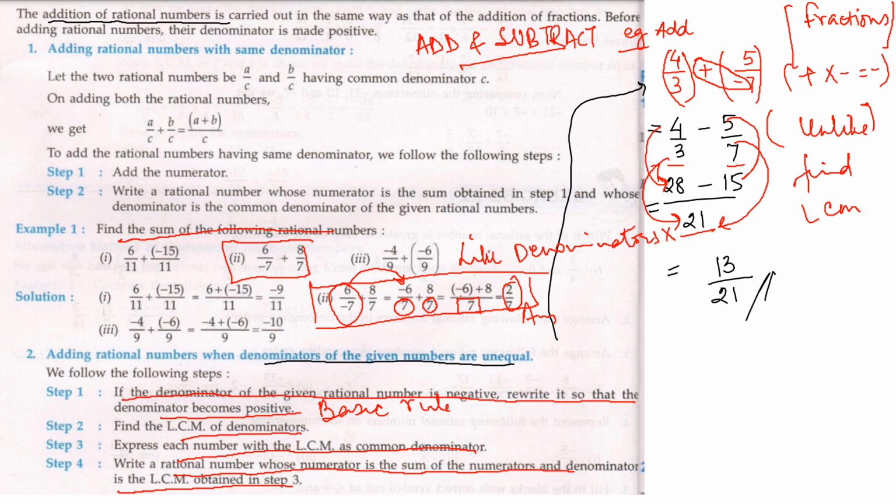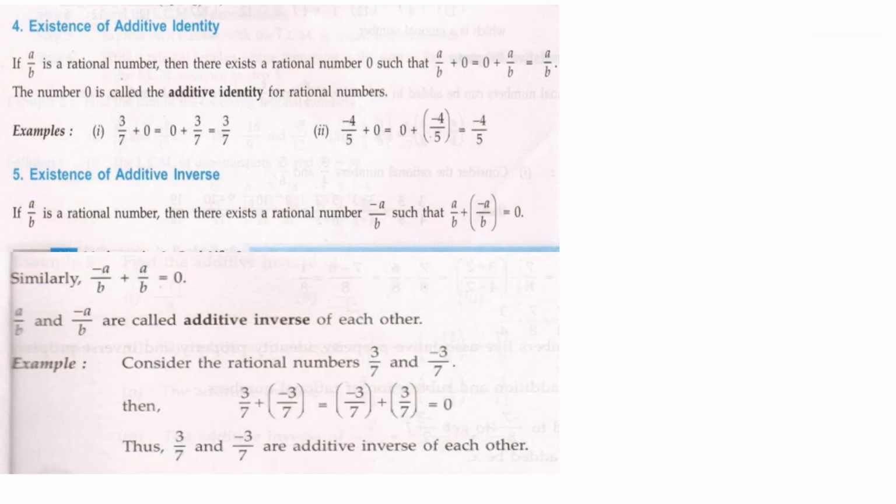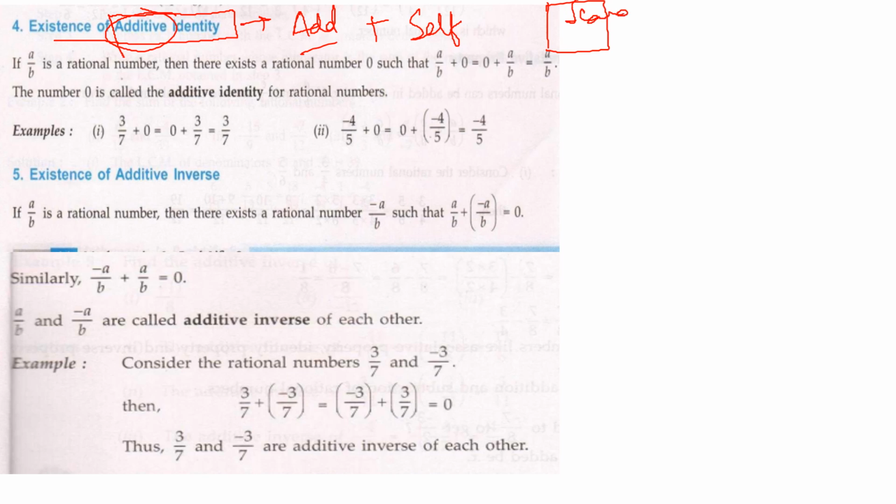We have done a question. Let us see some more questions. Before that, additive identity, remember additive identity. Additive identity means to add. Whenever the word additive comes, remember add. And identity is self. Like you all have your I-card, isn't it, where your name, your date of birth, everything is written there. So now here what you have to do, you have to think of a number which will be added to the given rational number so that it remains the same, its identity doesn't change.